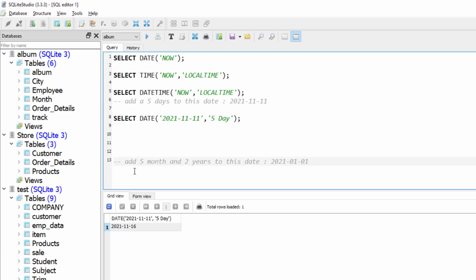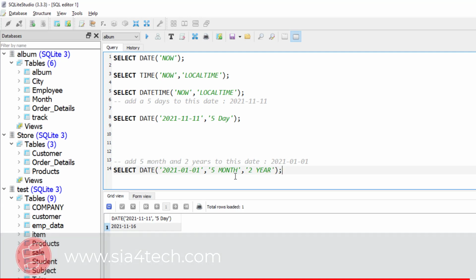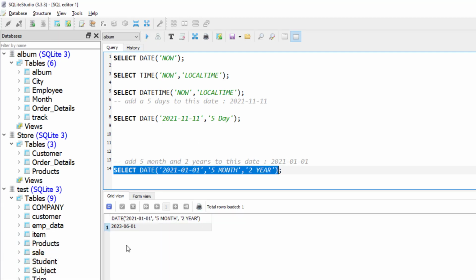The other example is saying to add 5 months and 2 years to this date. So same way we write select date and then write the date. Then we need to add 5 months, so we write 5 and then month. We need to add 2 years, so we write 2 and we specify it is year. Close the syntax and run the syntax. You see we have added 2 years, so the year 2021 became 2023,